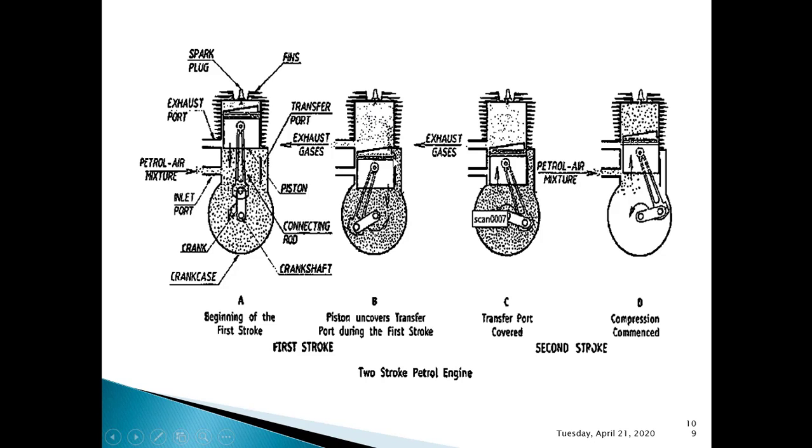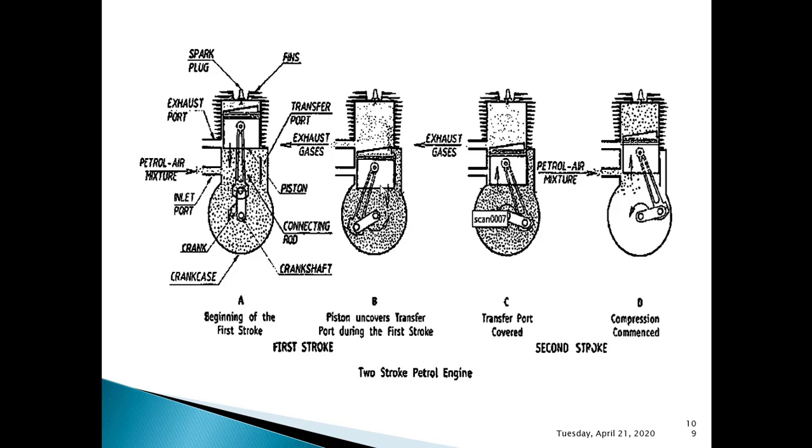I used the word partially compressed because when the piston is moving downward, you all know that when the piston starts to move downward, definitely this air fuel mixture will get compressed slightly. So that's why I have used the word: slightly compressed air fuel mixture will enter this engine cylinder through this transfer port as soon as the piston uncovers this transfer port during the descending stroke. Yes, this you need to understand.